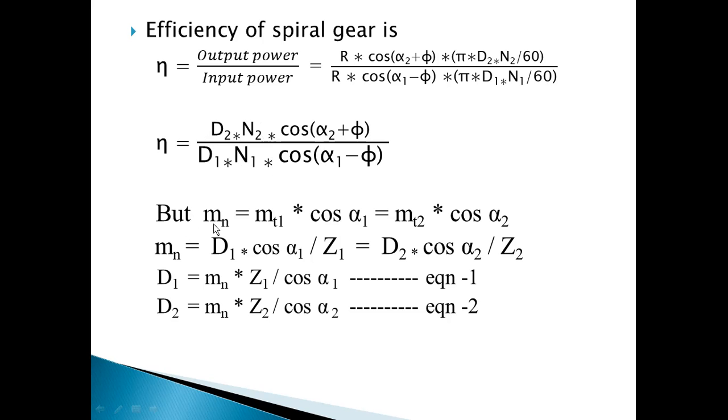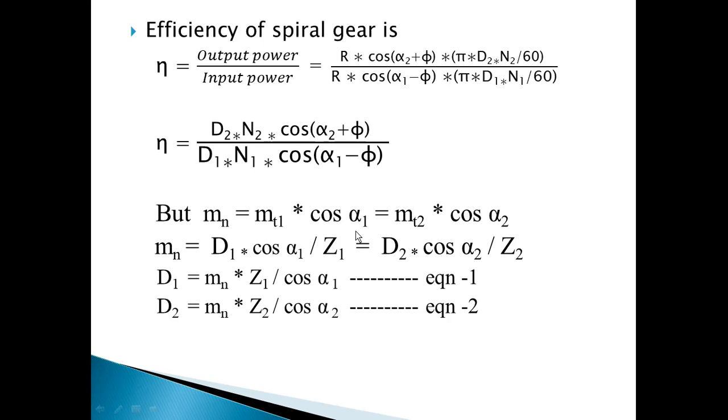What is that? When two gears are meshed together, they have a normal module, and they will have the same normal module unless they are meshing. So the normal module is equal to, and the relation between normal module and transverse module is also known to me. We have seen it in the case of helical gear, and also while discussing the terminology of spiral gear, that the normal module is equal to the transverse module into cos of the helix angle or spiral angle.